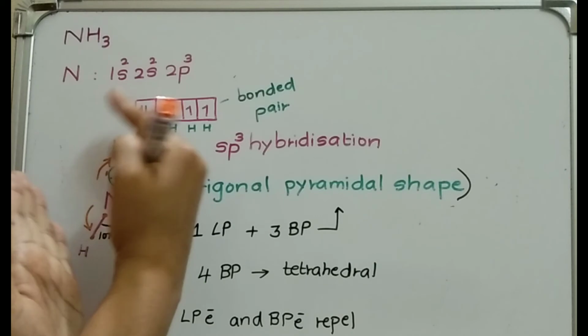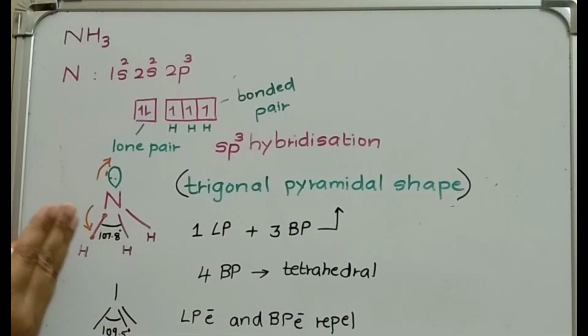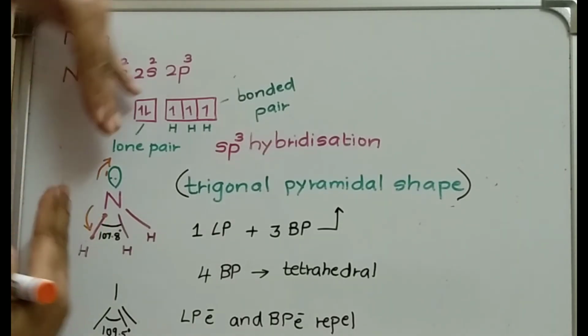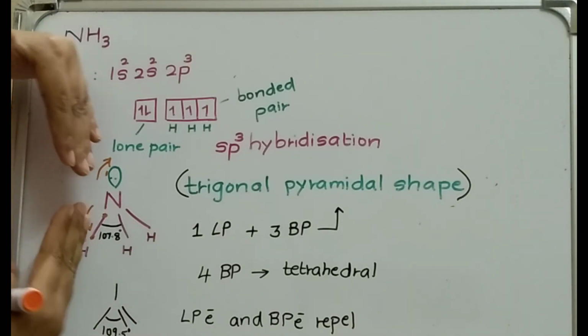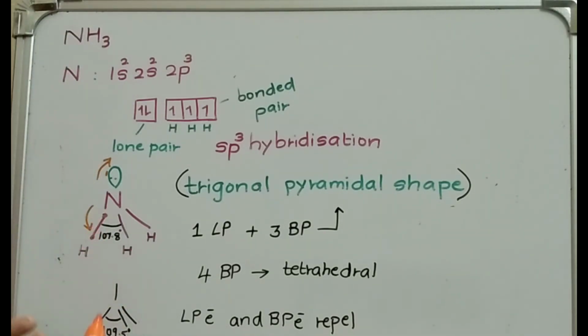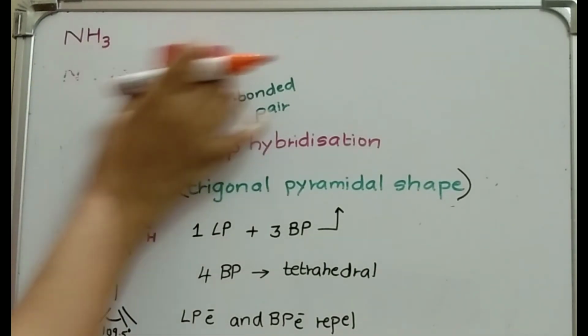So if they are moving in opposite directions, what will happen? This bond will come a little inside. Both are moving in this way, going away from each other. Repulsion is happening. So it will come a little inside. So the angle is slightly less than tetrahedral. In tetrahedral, such repulsion is not there. Why? Because lone pair is absent. Hope you understood this, or if you don't understand, please just revise it, just recap the video. So I'll take this. Yes.